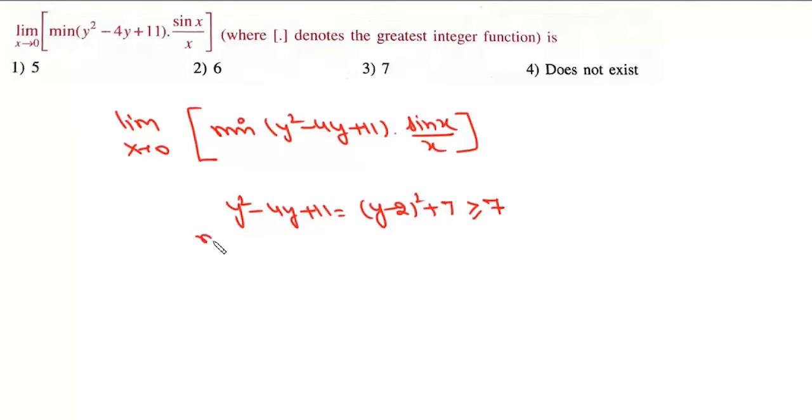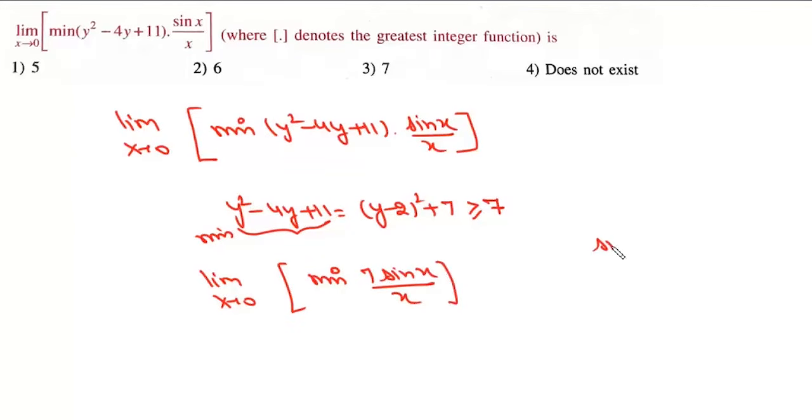So the minimum value of this expression will be simply 7. So we need to find this limit x tends to 0, and then the minimum value 7 sin x upon x. Now we know that sin x is less than x, then sin x upon x is less than 1, or 7 sin x upon x is less than 7,